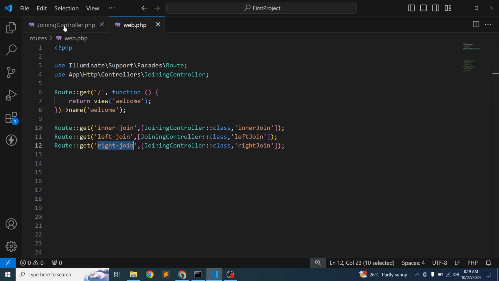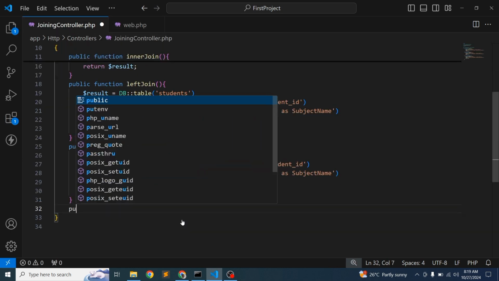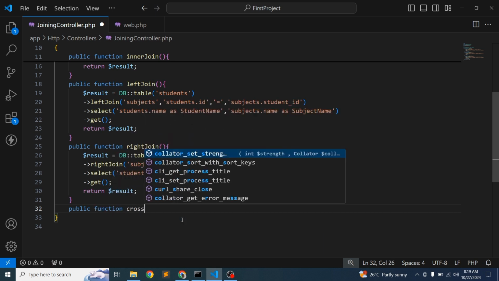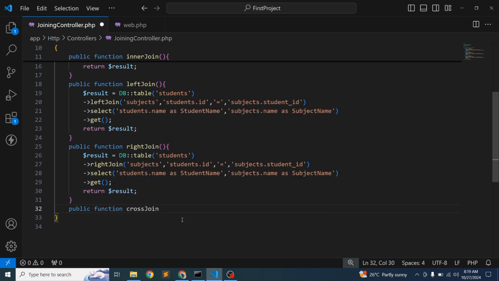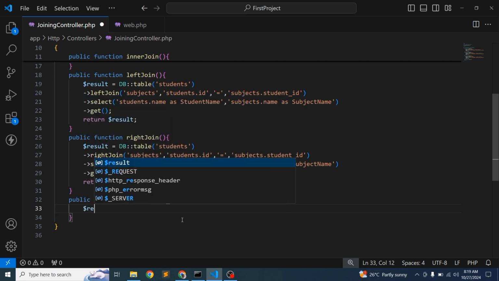So simply just write in this way. Create a function, public function. Let's create a cross join. Here, cross join doesn't need any relations because we will get all the data with the Cartesian product. So simply write dollar result